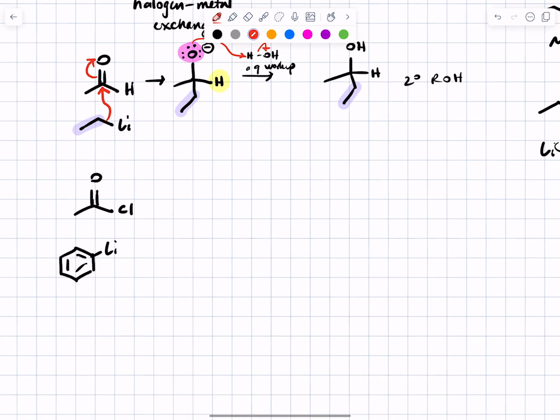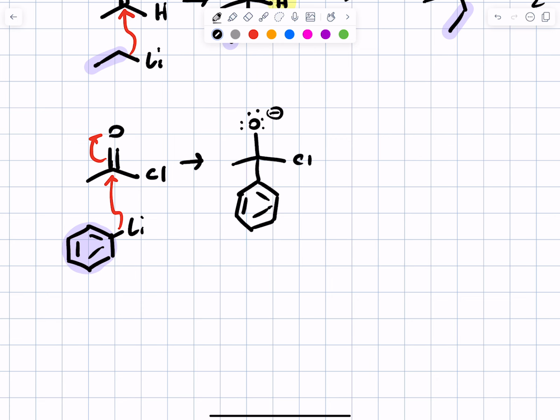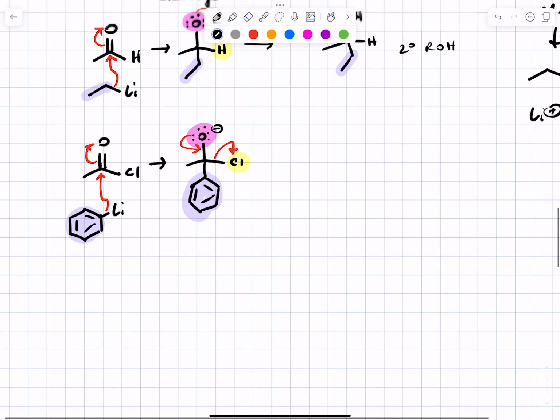As before, you expect that the carbon that's attached to the lithium will take its electrons from the carbon-lithium bond and attack the pi star, breaking the carbon-oxygen pi bond. You expect to get this tetrahedral intermediate with a negatively charged oxygen. Here's your new bond with the carbon group. Here's the oxygen, and here is the chloro-leaving group. The negatively charged oxygen kicks off the chloro-leaving group, as we would expect, and you get this